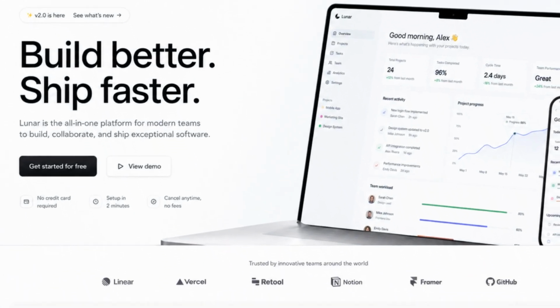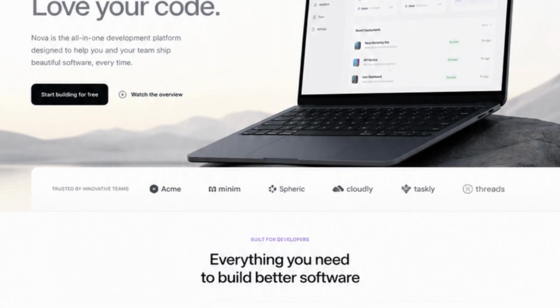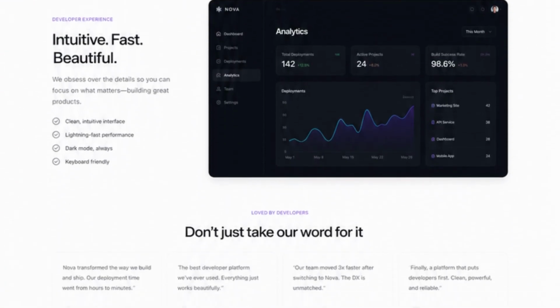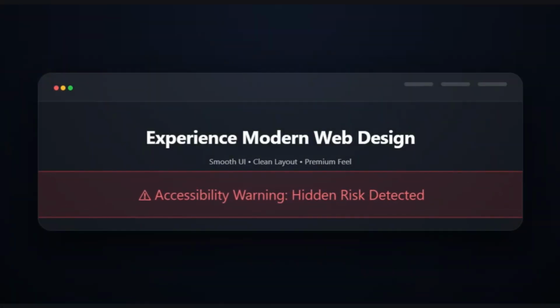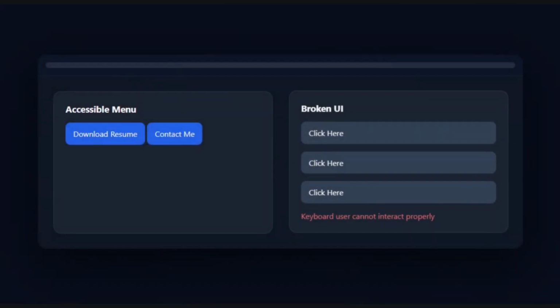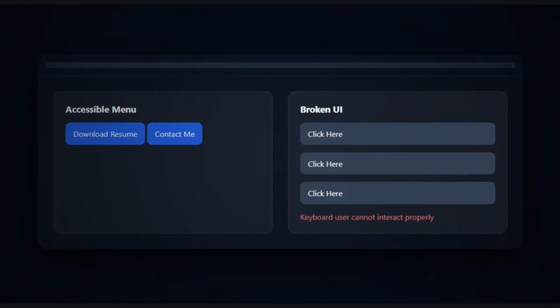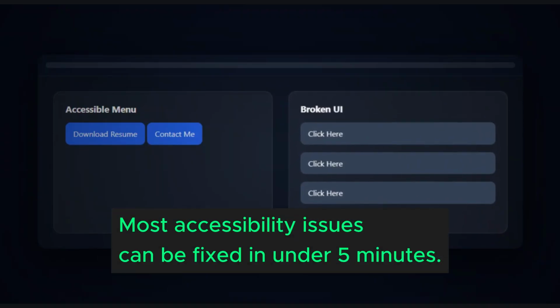Imagine spending 3 months building a beautiful website, only to discover thousands of users can't actually use it. Even worse, your company receives complaints or legal action because the site isn't accessible. In 2026, accessibility isn't optional anymore. It's a professional requirement. The good news is that many accessibility issues can be fixed in minutes if you know